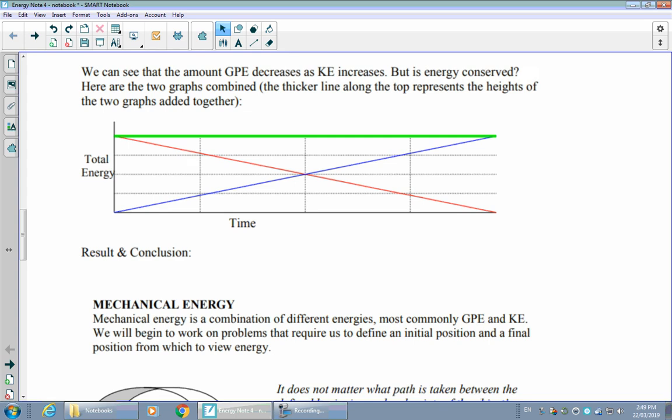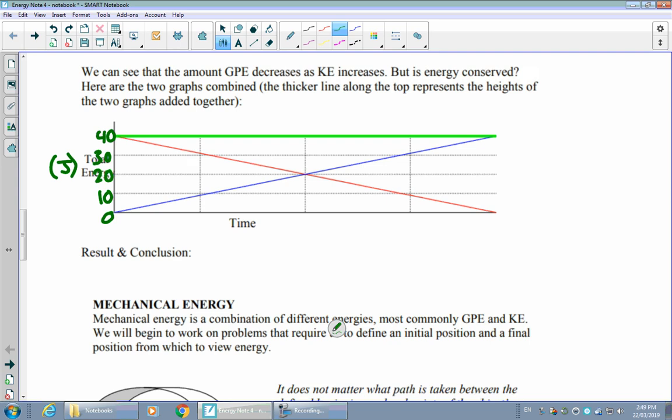So for this, it's actually useful if we maybe put some numbers attached to this. I'm going to say that this total energy, of course, remember, is being measured in joules. And let's just put some imaginary numbers on it. So we'll say, of course, the bottom will be 0 joules, and let's say every line that we have on this graph goes up by 10 joules at a time. So I'm going to say 10, 20, 30, and this top line will be 40 joules.